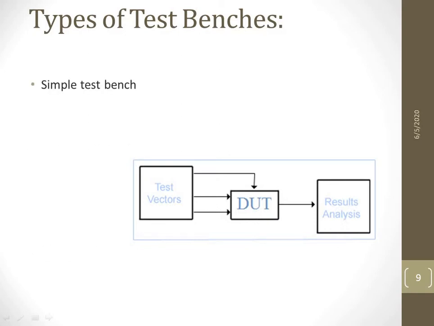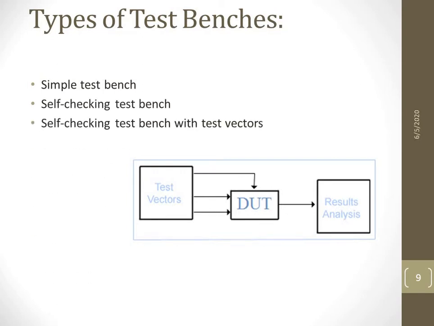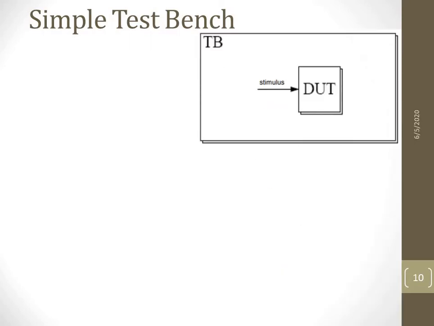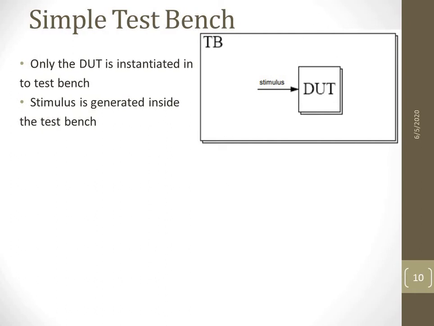So the types of test benches are simple test bench, self-checking test bench, and self-checking test bench with test vectors. First, see what a simple test bench is. This is a simple test bench where we apply the stimulus to the design under test or device under test. Only the DUT is instantiated into the test bench. Stimulus is generated inside the test bench itself,